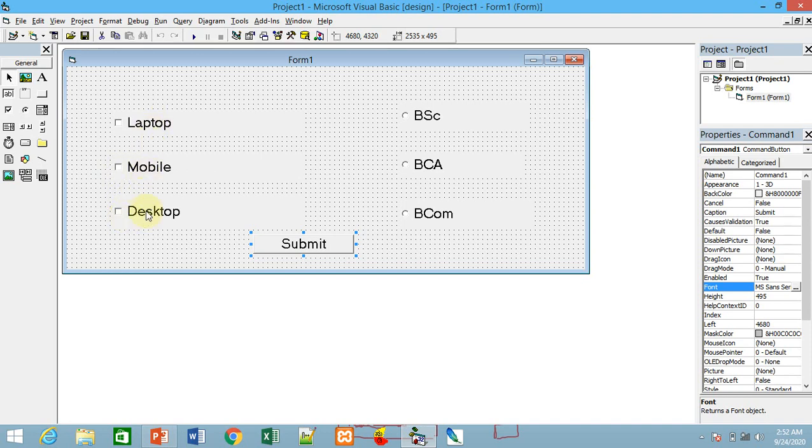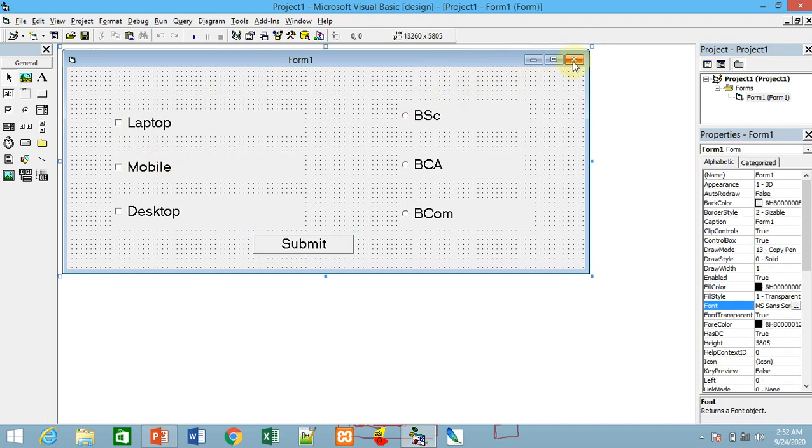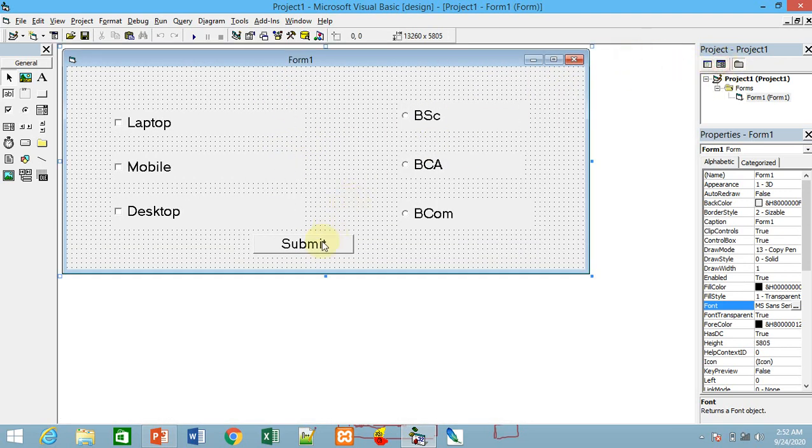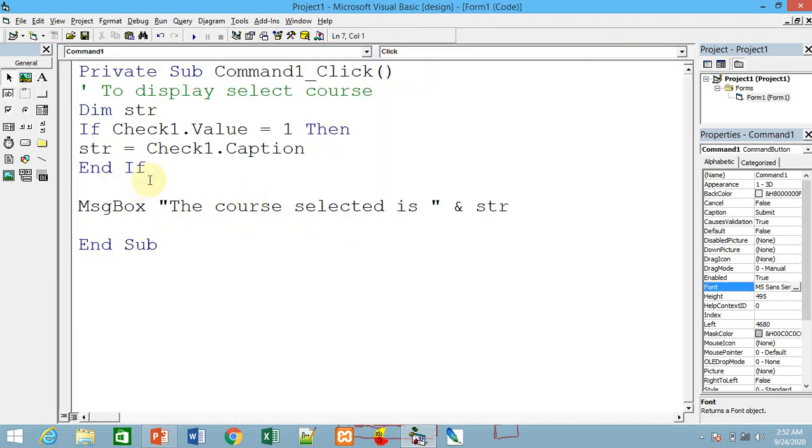All these are individual selections. You can select this one, this one, this one separately. As the user can select these checkboxes separately in real choices, similarly we have to write the code separately.